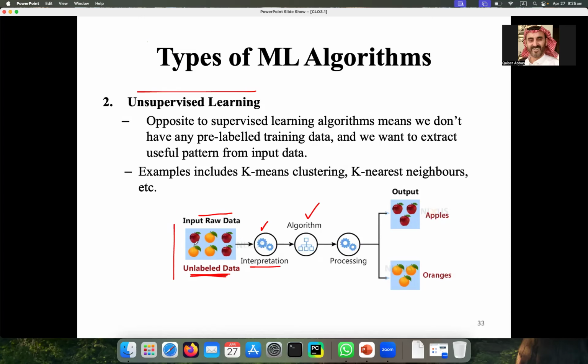What is the shape of that fruit? I want to get this extra information about this data. What is the color of that, and what is the shape of that? So this information, I am calling interpretation.